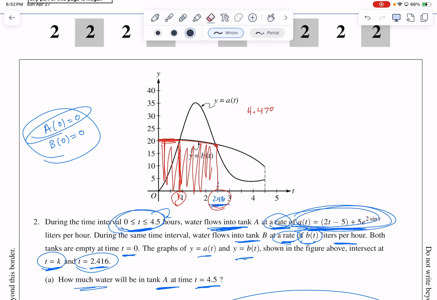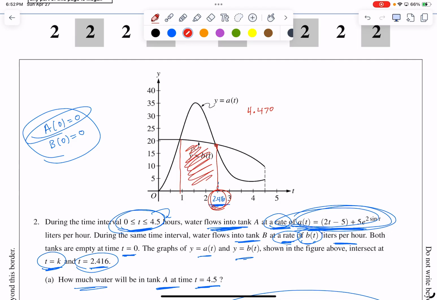Now here's what's interesting. What I've got to do is figure out from K to 2.416 how much area is under this curve without an equation. But they did tell us the area between the two curves. So think about that a second. You have A of T, and I know the area between the two curves. This blue stuff is